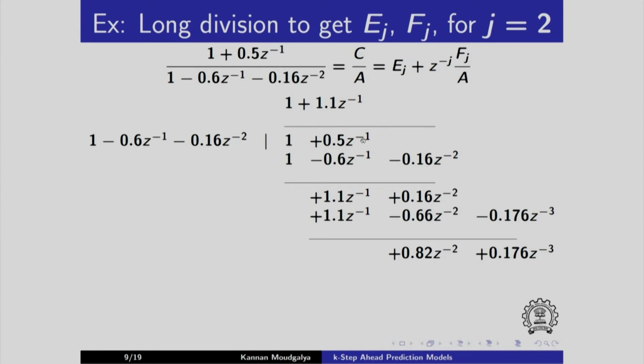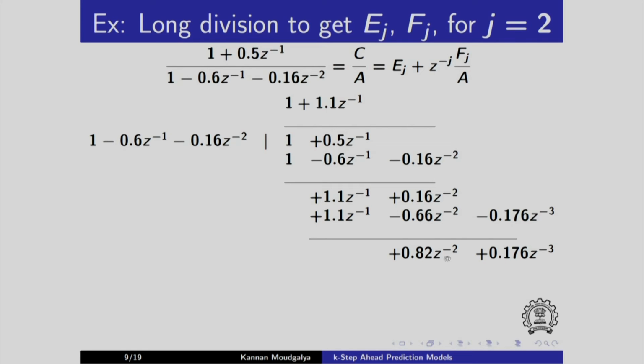1 plus 0.5 z inverse is to be divided by the denominator term, which is here. So you have 1 here, you have 1 here, so I get 1 here. So 1 times this whole thing, I write this whole thing and I subtract it. So this will become 1.1, this becomes plus 0.16. Here I have 1.1 z inverse, I have 1 here, so I have to put 1.1 z inverse. When I do that, I get 1.1, then 1.1 into minus 0.6. Similarly, I subtract it, so I get plus 0.82 z power minus 2 plus 0.176 z power